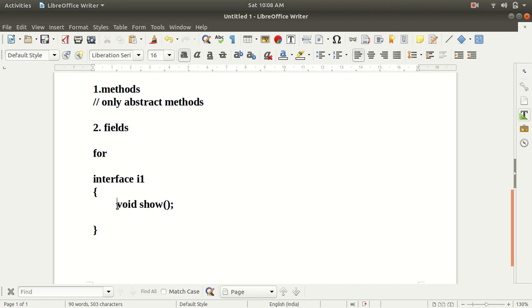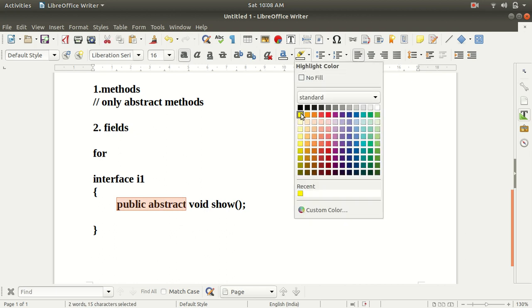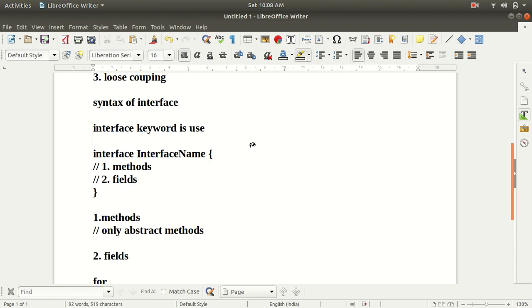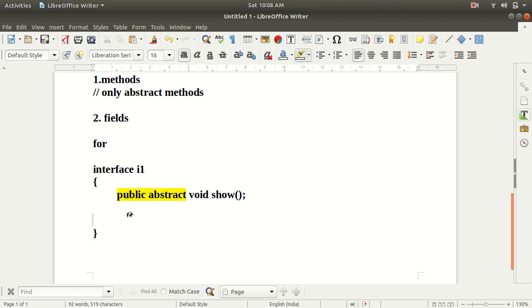If I am writing simply a void show method, the compiler is going to add the public and abstract keywords to this method by default. So here we have a public abstract void show method.